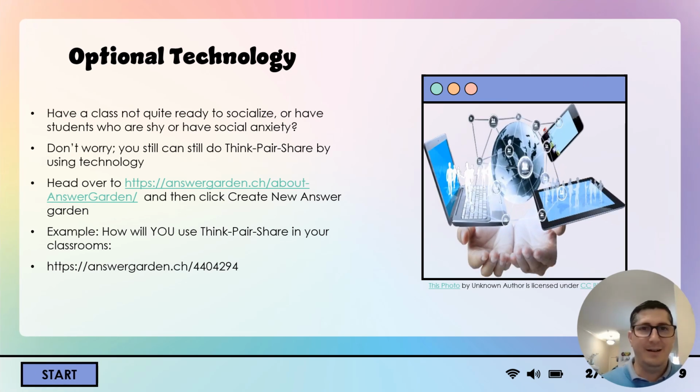So I am a technology teacher, so I'm always going to try to throw in technology or utilize it. But basically, if you have a class and they're not quite ready to socialize, or you have students who are shy or have social anxiety, you still can do Think, Pair, Share. Head over to